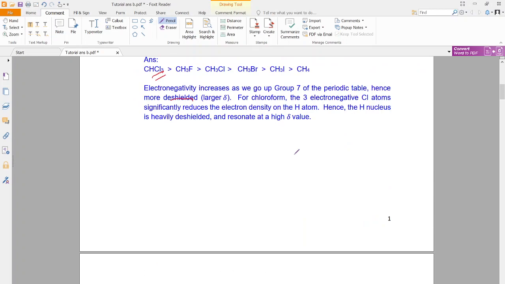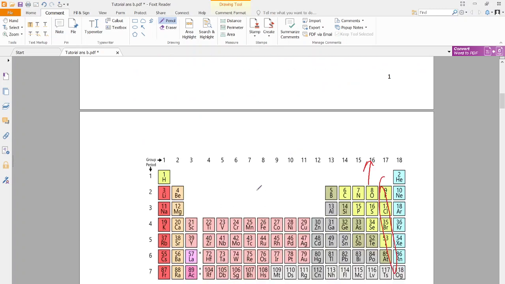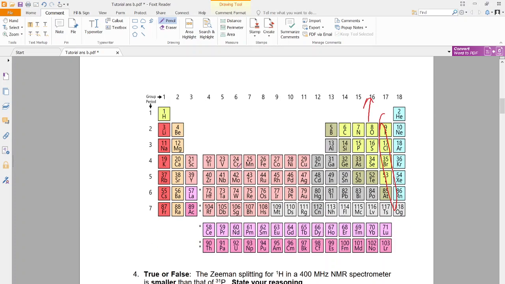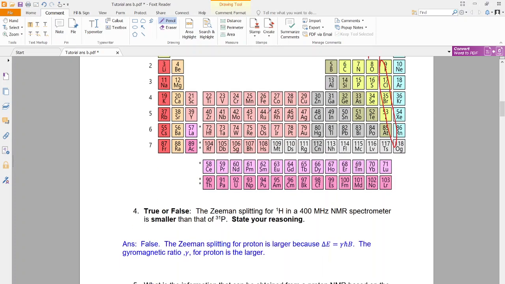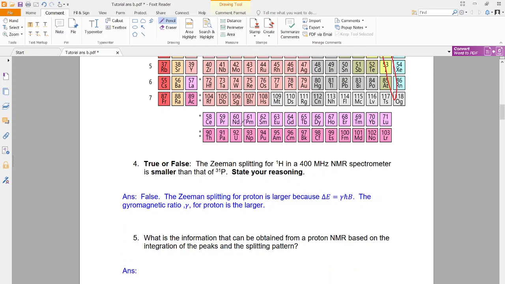Of course, you don't have to. The periodic table is given, so I'm just showing it here again so that you can see. All right, true or false,